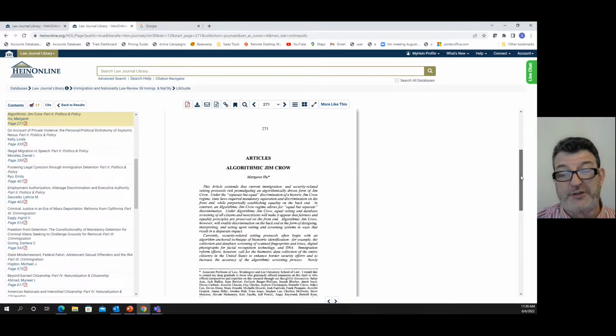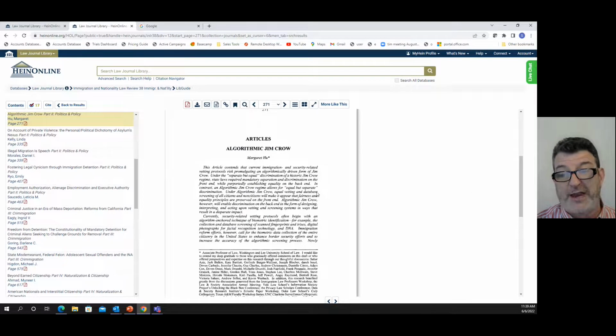Now, let's show you some features when it comes to using HeinOnline and looking at a given document. Here is where you would download a PDF of this section. Here is where you would print. Here is where you could email this. And the person you email a document to from HeinOnline, you could email any document on HeinOnline, does not have to be a subscriber, does not have to be someone who's on trial, but you can actually send a total stranger a link to a document on HeinOnline, and it will work temporarily, even though they don't subscribe.